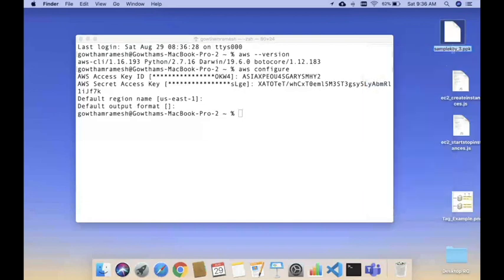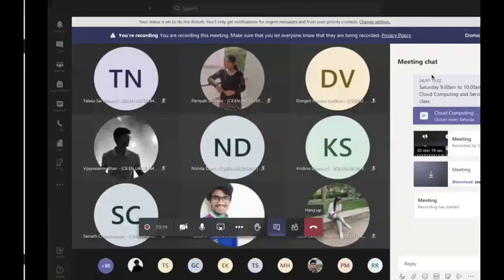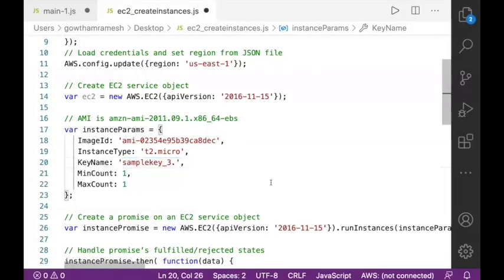Copy the file name and give the file name in the Node.js program. You need not specify its extension. This sample key _3 is the key ppk file which I generated by using create key pair in the AWS console.